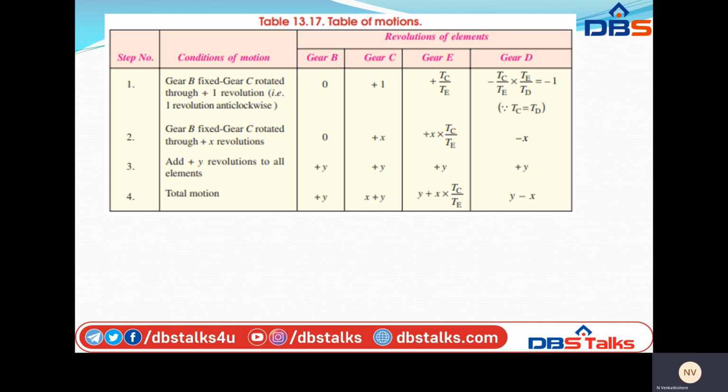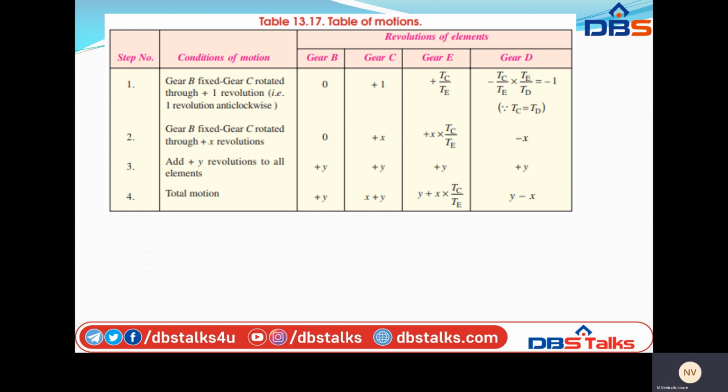But when the automobile is taking a turn, the outer wheel runs faster than the inner wheel, because the outer rear wheel has to cover more distance than the inner one. So whenever taking a left turn, the right-hand side outermost wheel has to rotate at high speed. Whenever taking a right turn, the left side wheel has to rotate at higher speed. So the outermost wheels rotate at higher speed in the turning condition. This is achieved by epicyclic gear trains with bevel gears. So the bevel gear